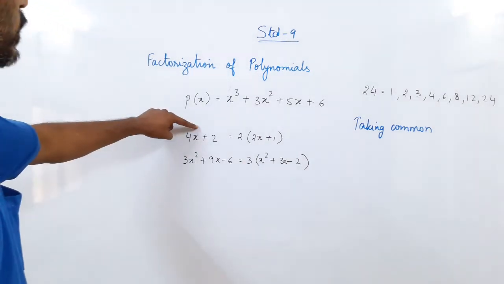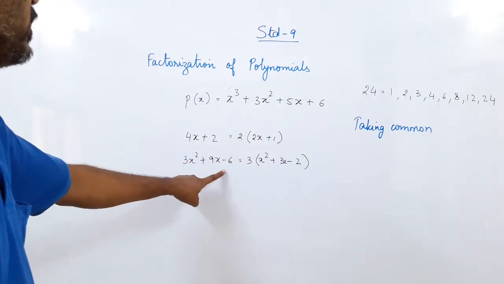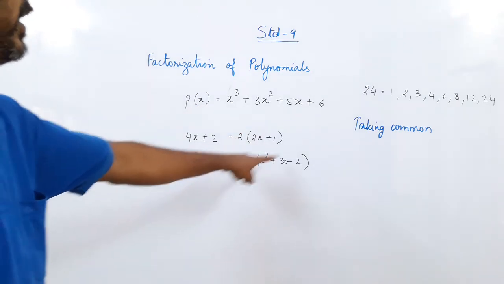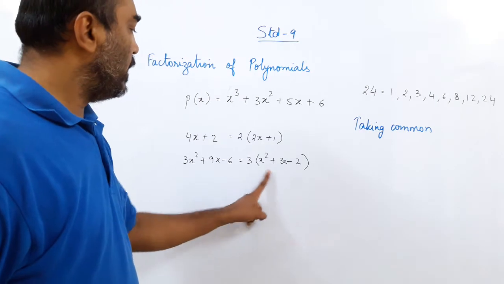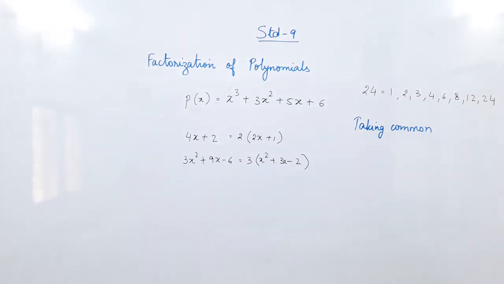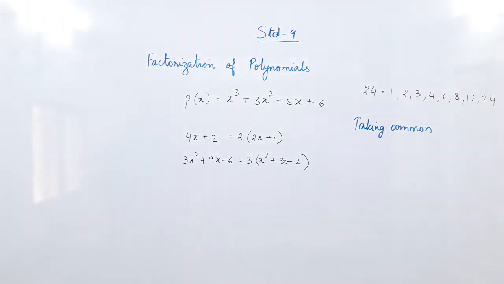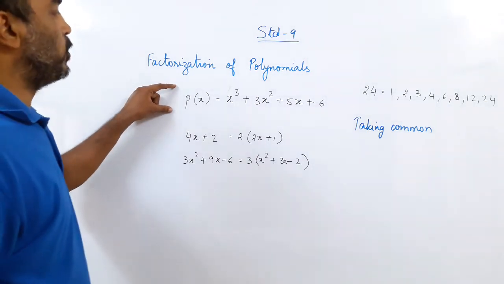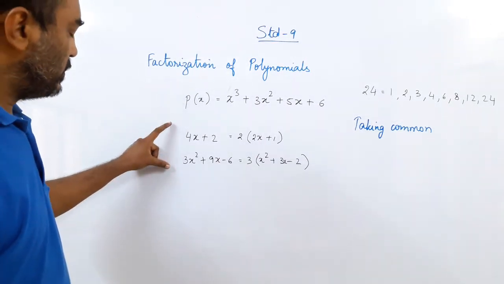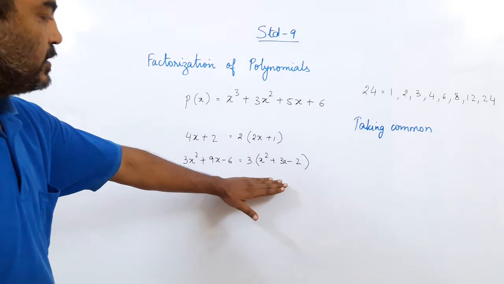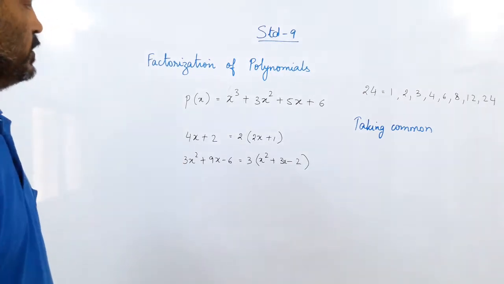So this was a linear equation done very simply. This is a quadratic equation. We took out 3 common and we got a quadratic equation. Now this quadratic equation, have you learned how to factorize a quadratic equation? I think you have done this in your previous classes, but we are going to revise it one more time. So before we move to our chapter on cubic polynomials, we will first revise the quadratic polynomial.